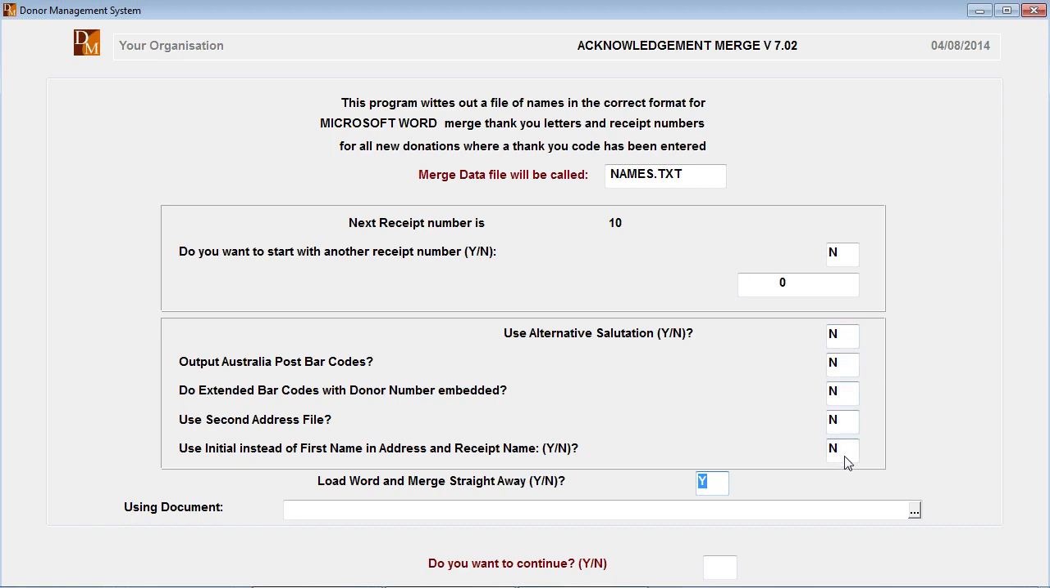I don't have to worry about any of these things as well, because I'm not doing barcoding or using other addresses, etc. Label it and merge straight away would normally be yes. And down the bottom here is where I would choose the document that you're using to do your receipts. So once you've got your receipt template set up,